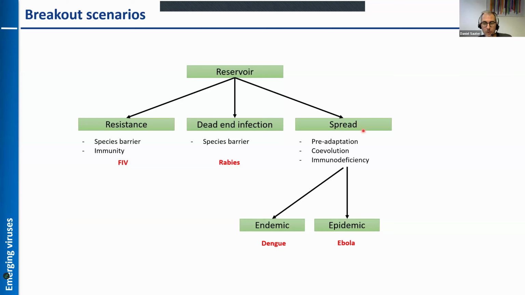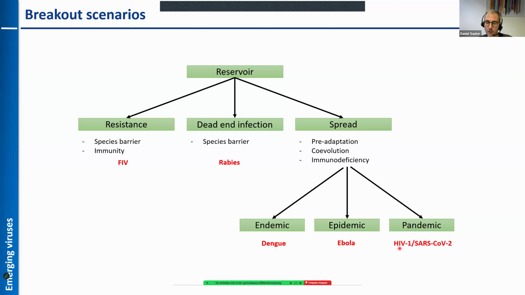And in only a very minor fraction of the cases, such a spillover event will result in a pandemic. SARS-CoV-2 is an obvious example where one single cross-species transmission most likely resulted in spread all over the globe, and HIV would be another example. But again, this is probably the most infrequent or the rarest case, a pandemic. In the vast majority of cases, we will not even be infected by an animal virus we are exposed to. Just keep this in mind.